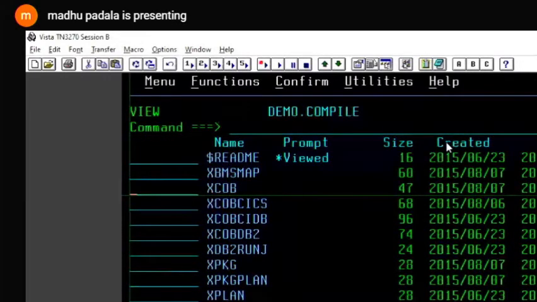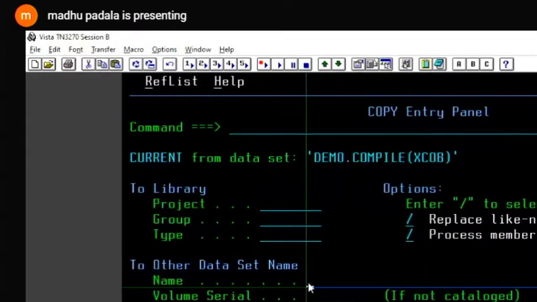So what should I copy now? xcop. I'm just copying it. We have already seen this in the last class: how to copy a member from one PDS to another. Go into the DS list and the member list, use a C in front of the member and hit enter. It will ask which library you want to copy to. Give the library name here.